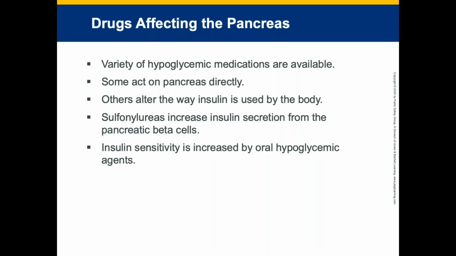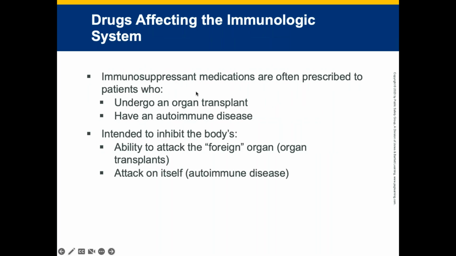Others alter the way insulin is used in the body. Some act on the pancreas directly. Supplementally increase insulin secretion from the pancreatic beta cells. Insulin sensitivity is increased by oral hypoglycemic agents as well. So there's different things that are out there. So again, look at patient medication lists and find out what kind of medications they have that actually affect the pancreas. Other drugs that affect the immunologic system